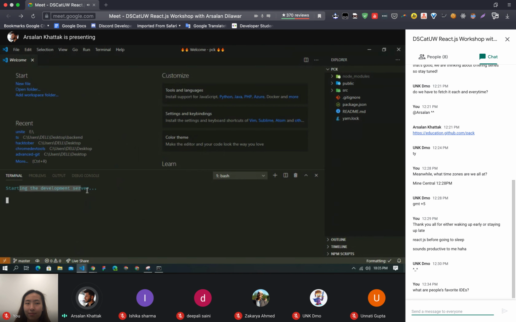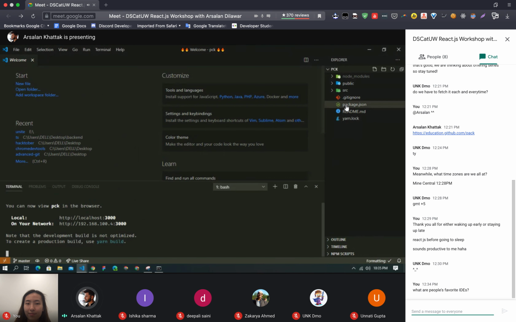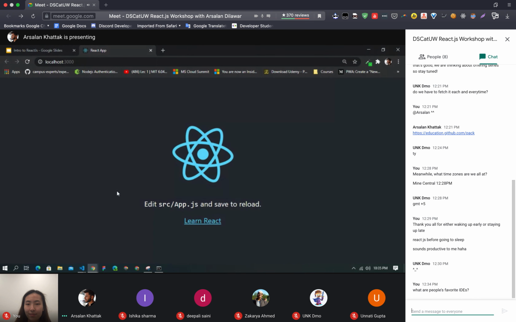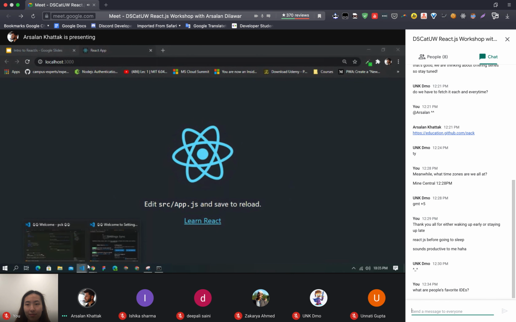And this will start in a second. So meanwhile, and yeah, it started. So now this is the basic React template that we just got. So this is now a React.js application. Now let's get back to VS Code, and let's see what each file does there.